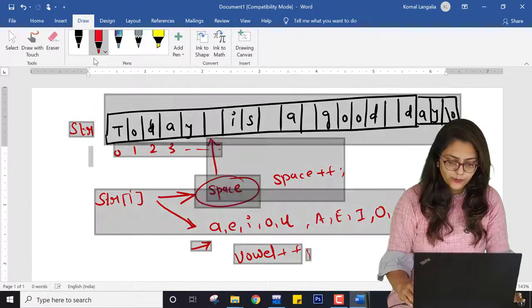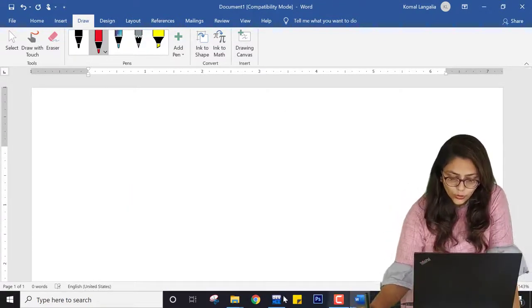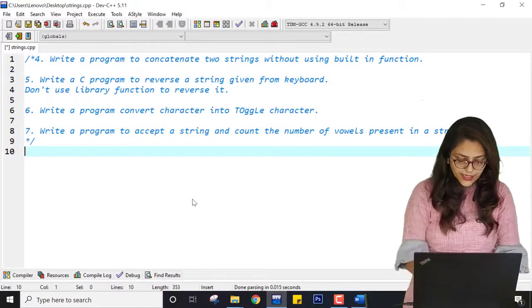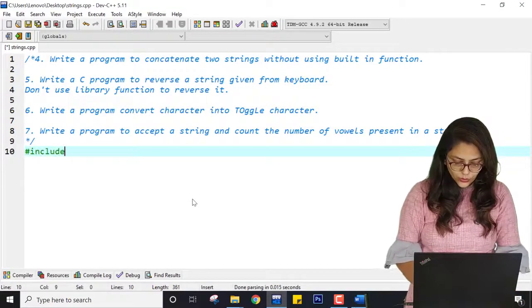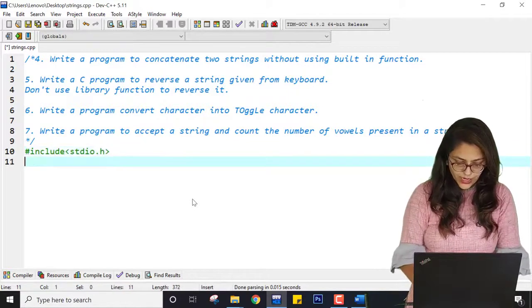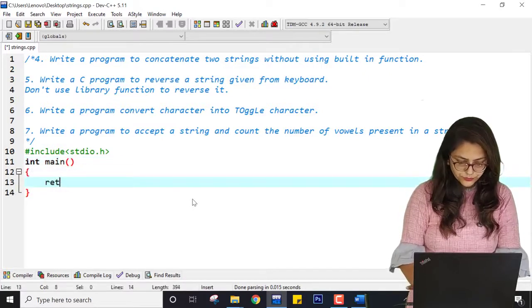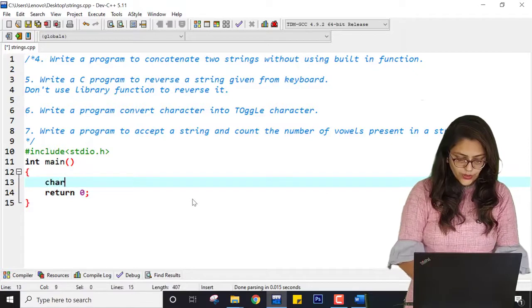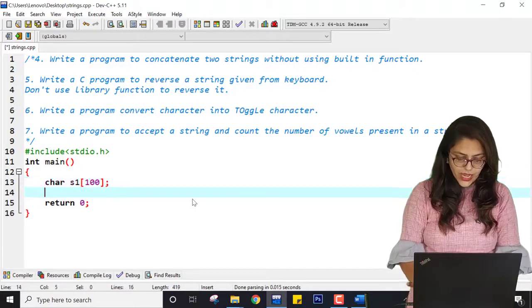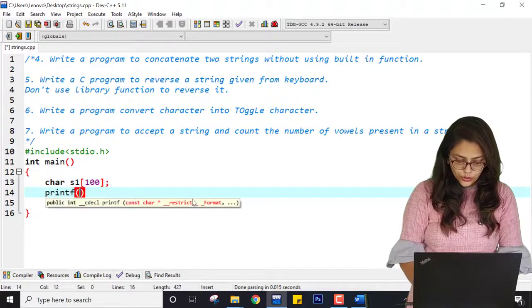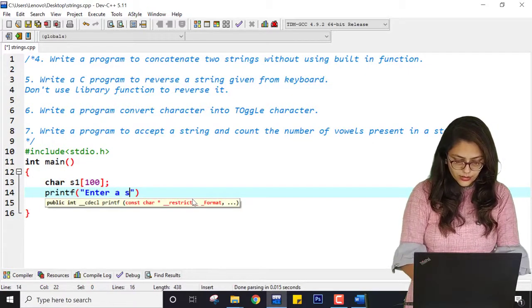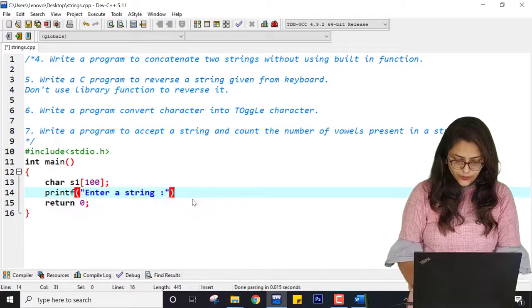So let me just clear all this and go to my IDE. Inside my IDE I have to write include stdio.h, then int main, then return 0. Here I am going to declare a string s1 which has size 100, and I am going to tell the user to enter a string, right?